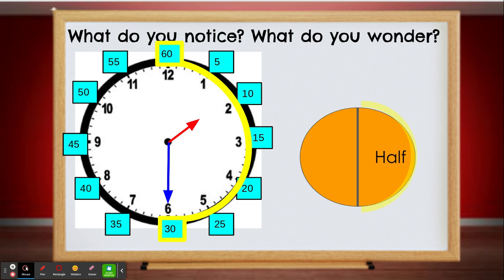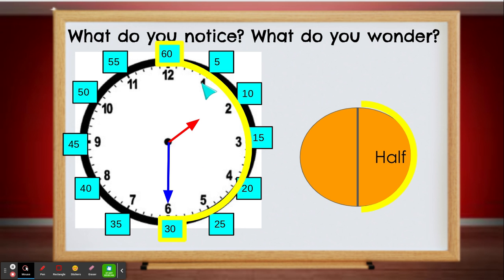This half in our circle looks exactly like the half in the clock when it went from the top to the bottom. So if this is half a circle, this represents half